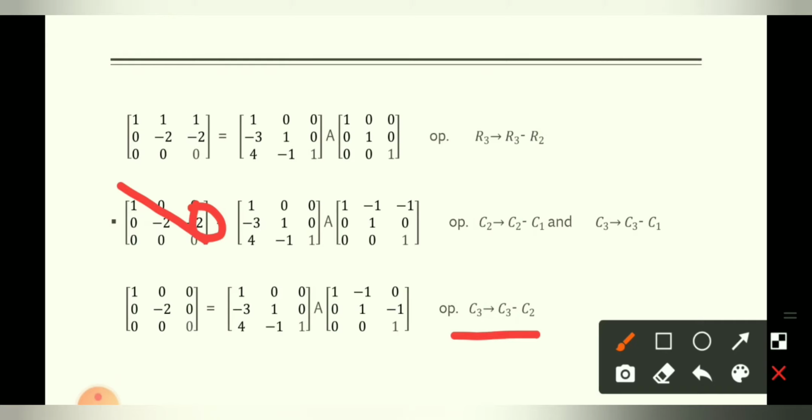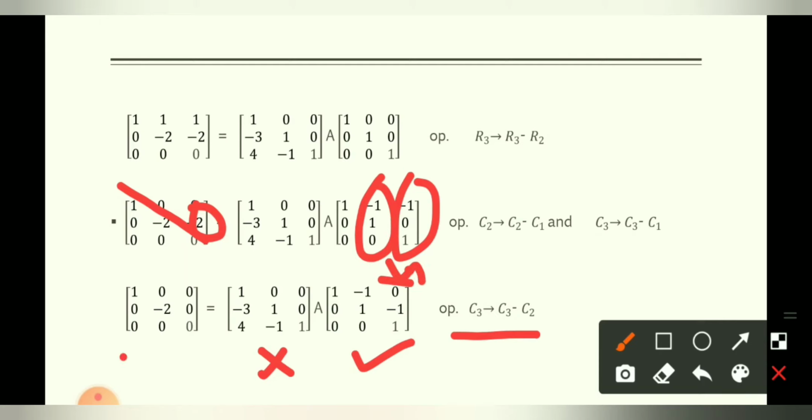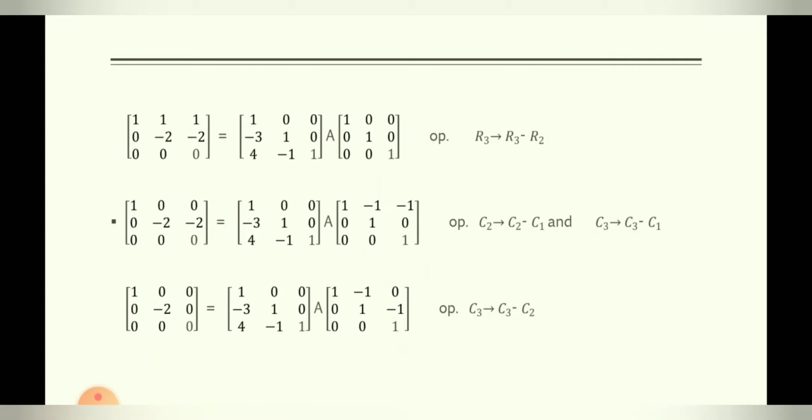Then you have to operate this on this matrix. This is not changed. So column 3 minus column 2 means column 3 is this, column 3 minus column 2, we obtain this one. So now this is the matrix A, which has been changed like this. Now for the normal form, we need this element to be 1, because we have to make an identity type of matrix for a normal form. So we divide it by minus 2 and we get the required normal form.